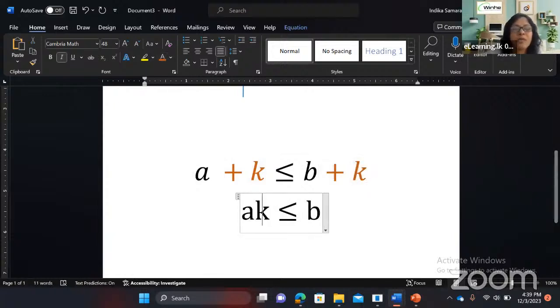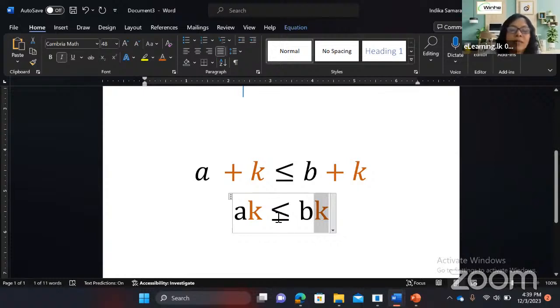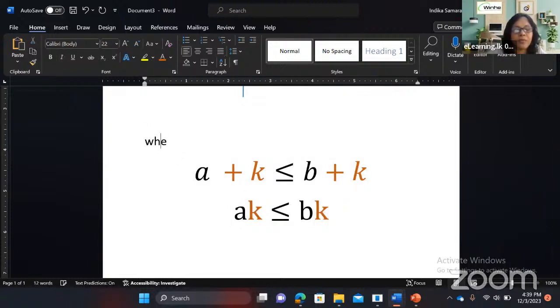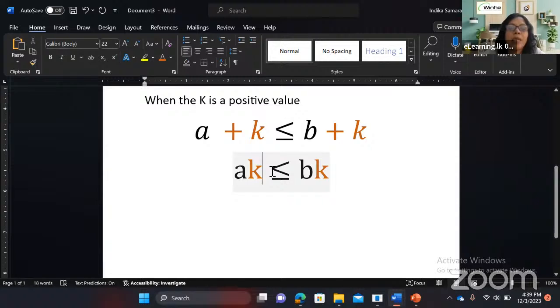Now we assume that you are going to multiply both sides by the same constant value. Will it be changed? No. The inequality sign will not be changed, right? Assume that K is positive, when K is a positive value. And also,